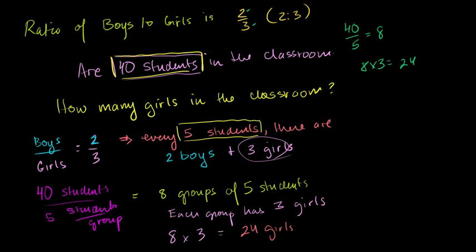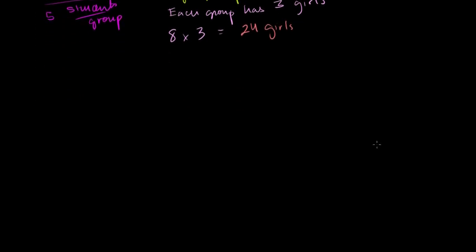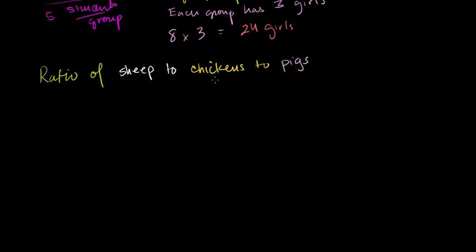Let's do one that's a little bit harder than that. Let's do one where I say that the ratio of, let's go to the farm example. The ratio of sheep to chickens to pigs, I should say chickens, is, let's say the ratio is